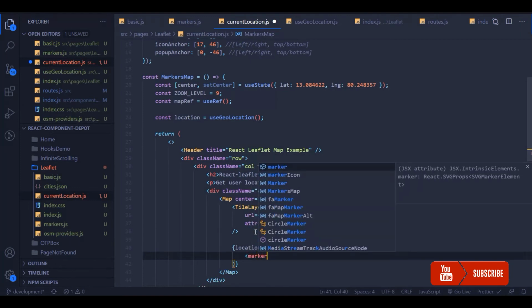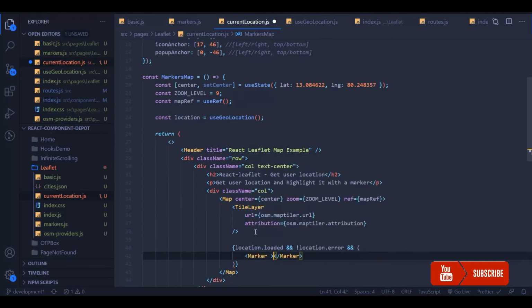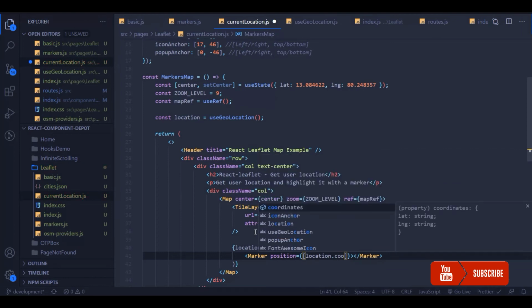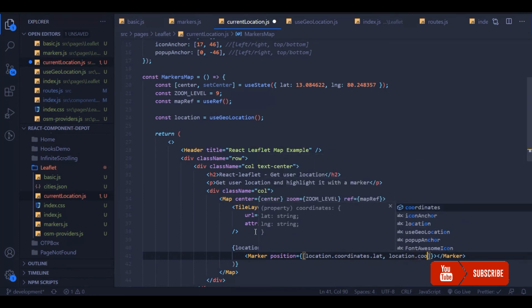So we can import the Marker from React Leaflet, and we can pass the position that comes from this location hook: location.coordinates.lat and location.coordinates.long.